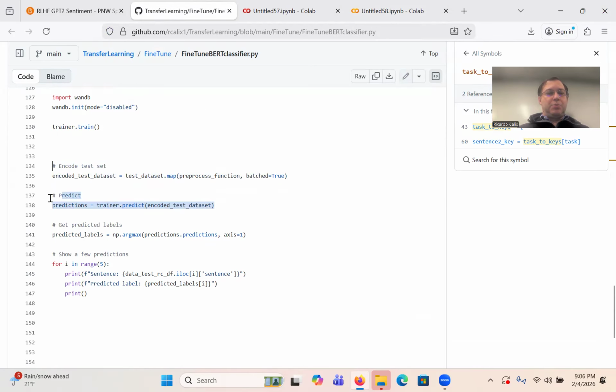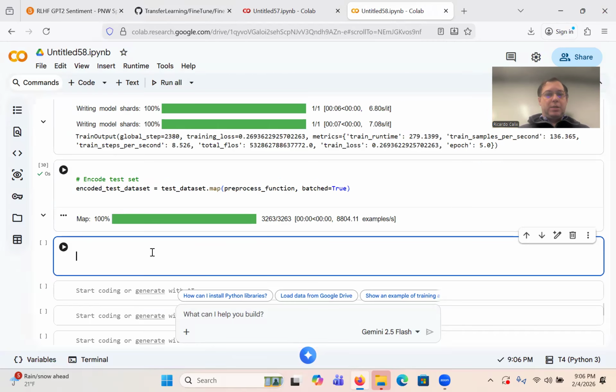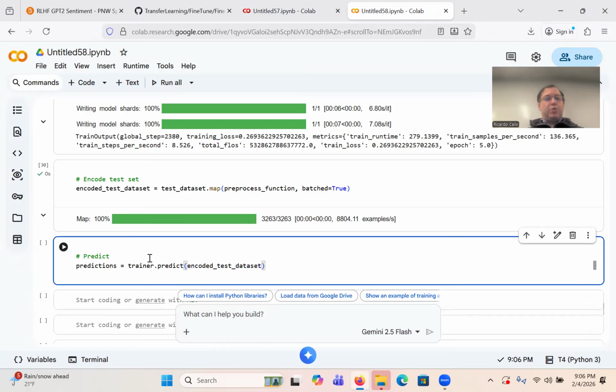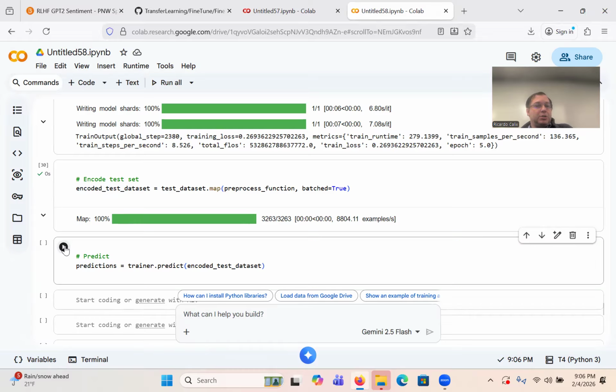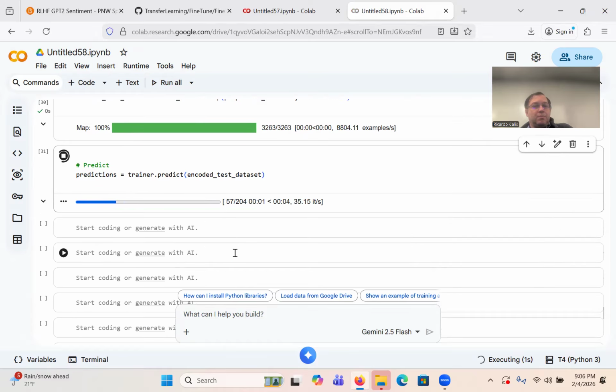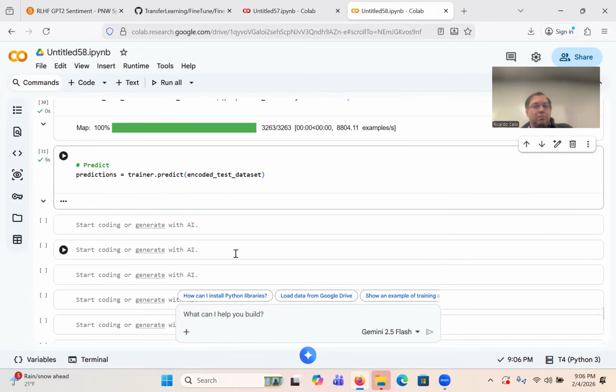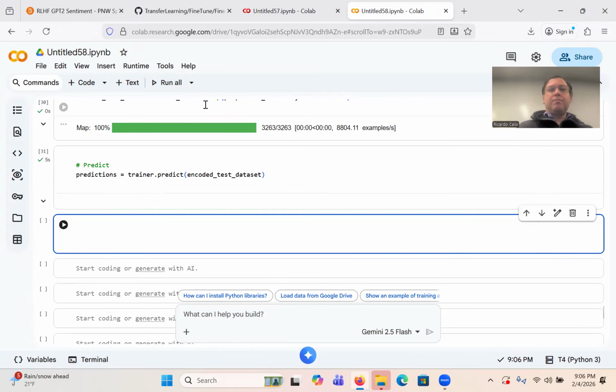Then I'm going to do some predictions. So now I would take trainer.predict, and I'm just going to give it the encoded test set. You guys see that? And I'm going to make my predictions. Okay, so completed.